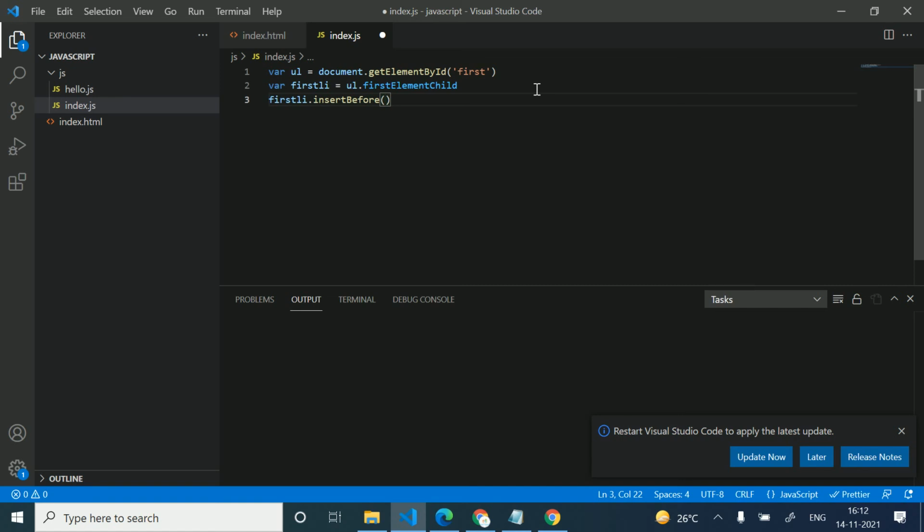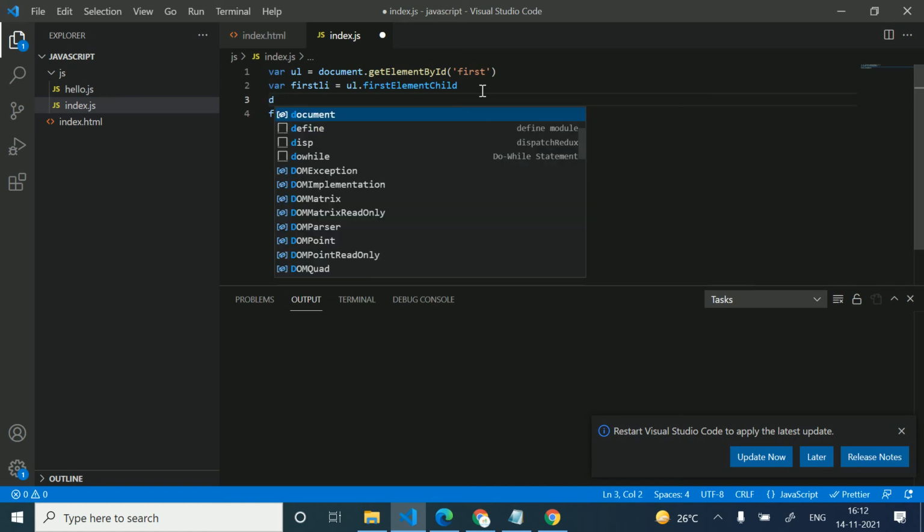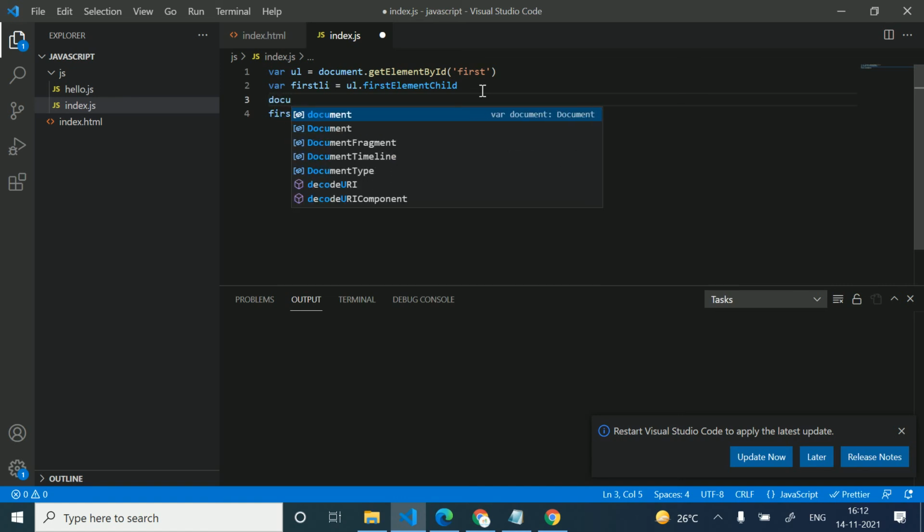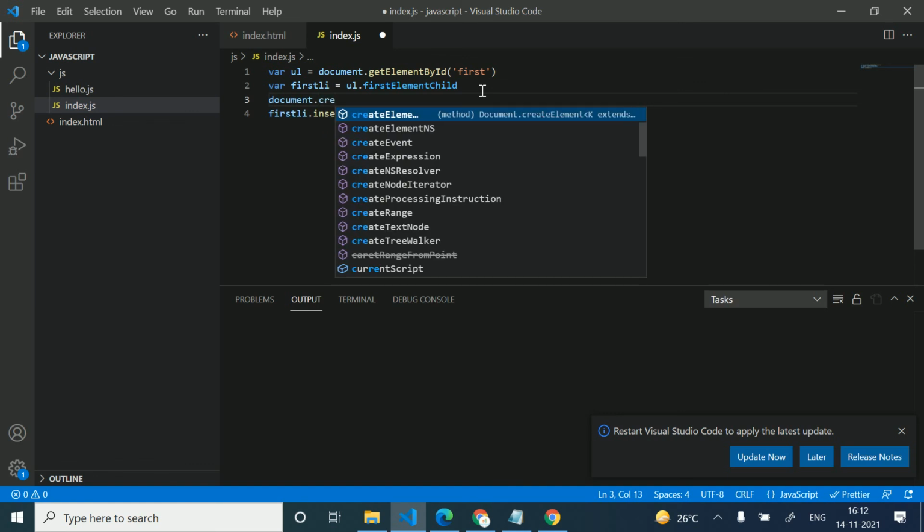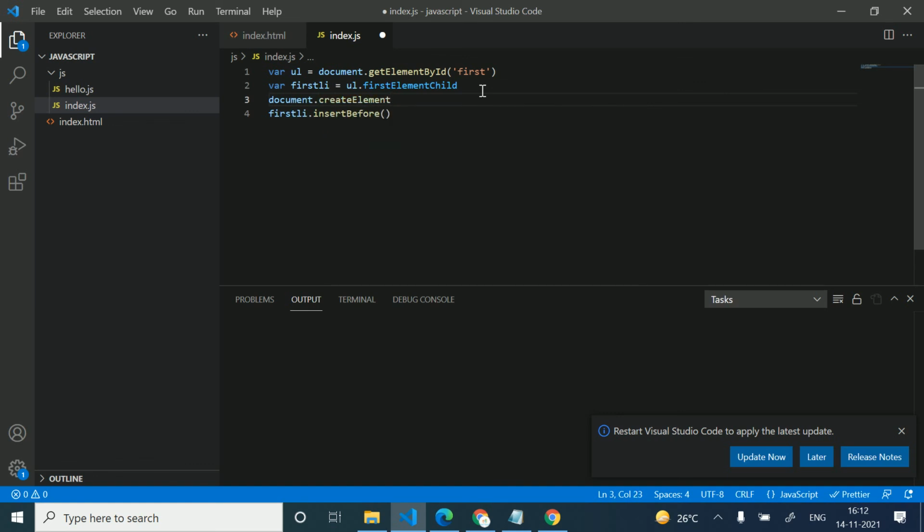I will create it here with document dot createElement. By this function I'm creating an element. What element am I creating? I'm creating li.